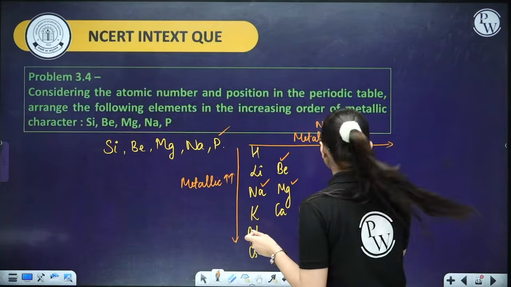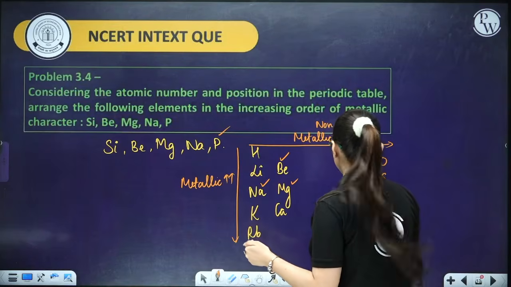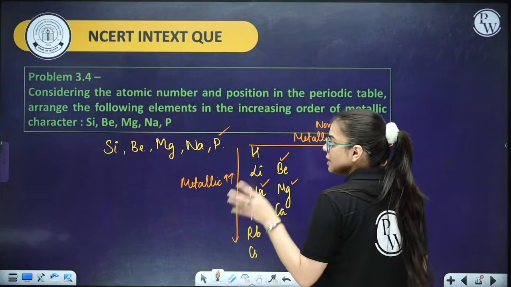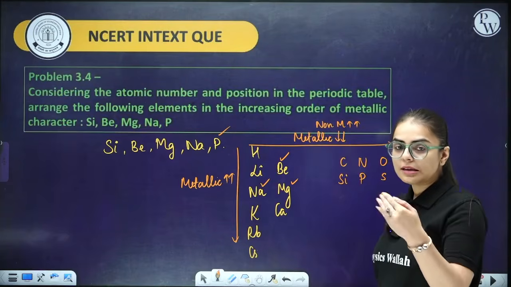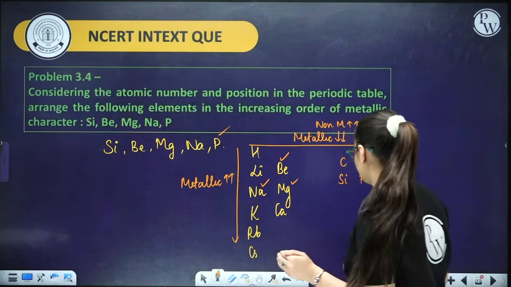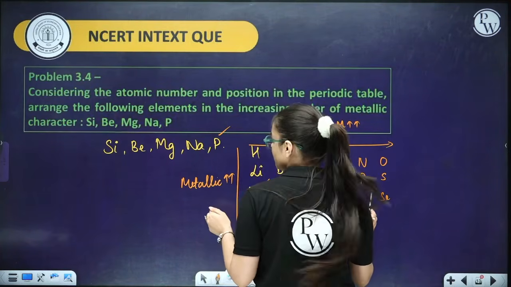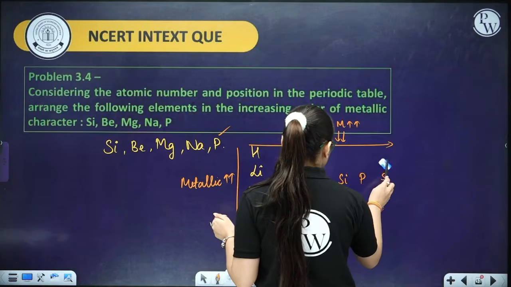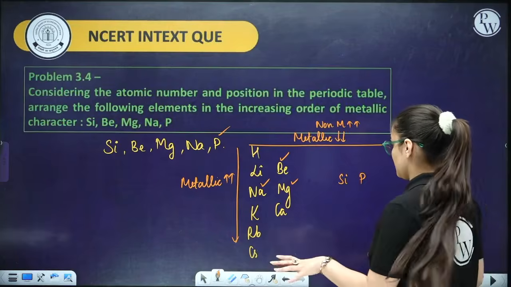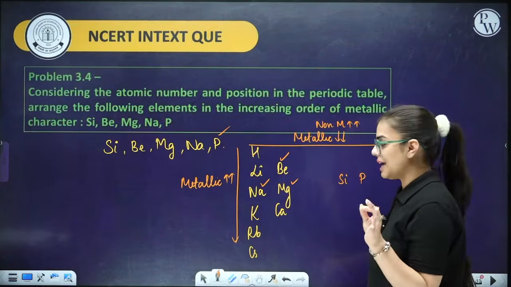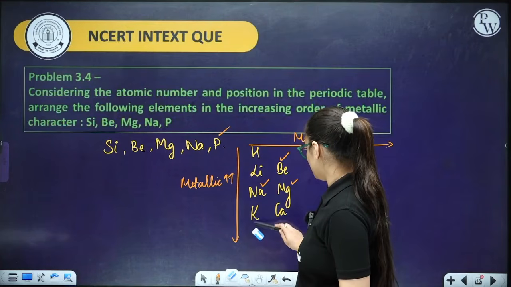Oxygen, sulfur, selenium, tellurium, polonium. And if I talk about carbon over here, we have carbon, then silicon, germanium, in such a way. So here we require not carbon, not silicon, not oxygen, not sulfur, not selenium. This is the order now. See, when you're moving from top to bottom, metallic character increases. I am deleting all the other elements.